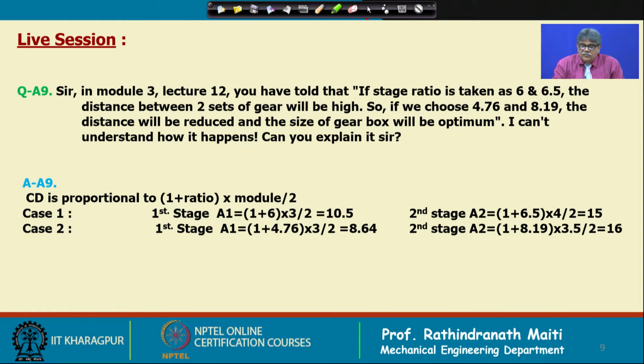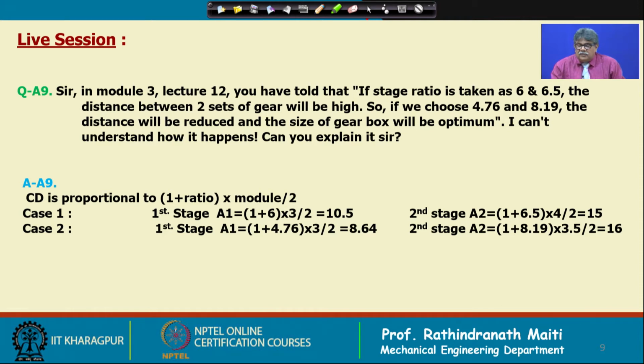by 2 is 8.64, which is less than 10.5 by almost 1.8 or so, something like that. But next stage the multiplied torque is less, because first stage reduction ratio is 1 plus 8.19 and module perhaps you can settle with 3.5 and you will find that has become 16. So, 16 plus 8.64